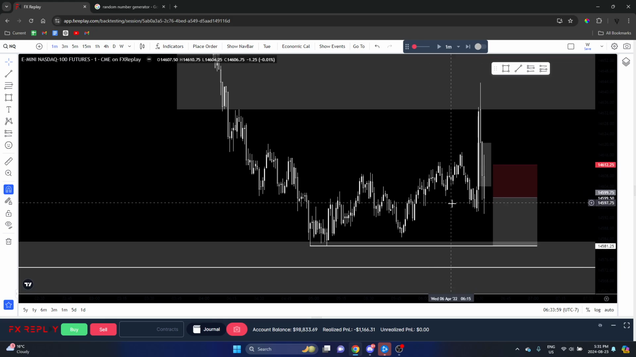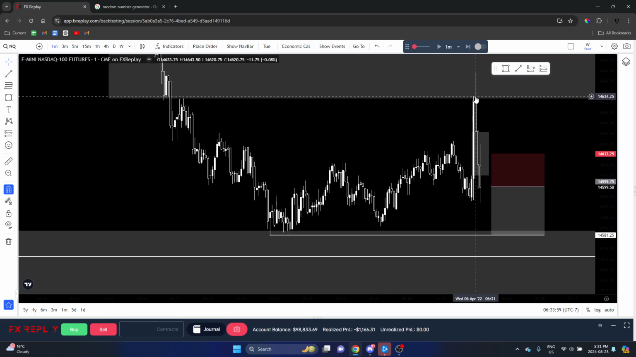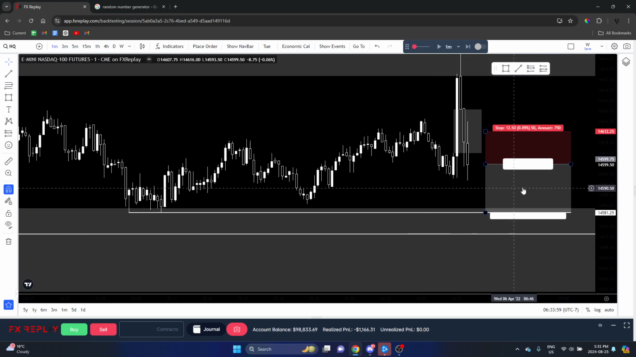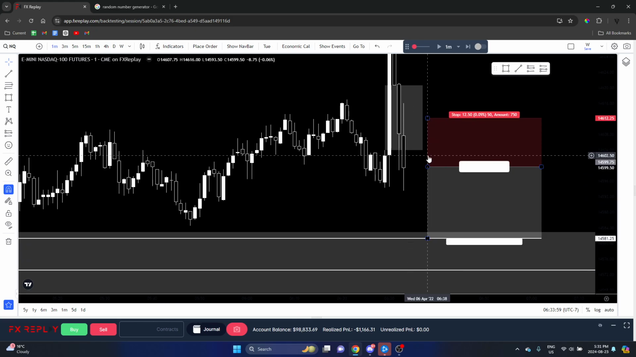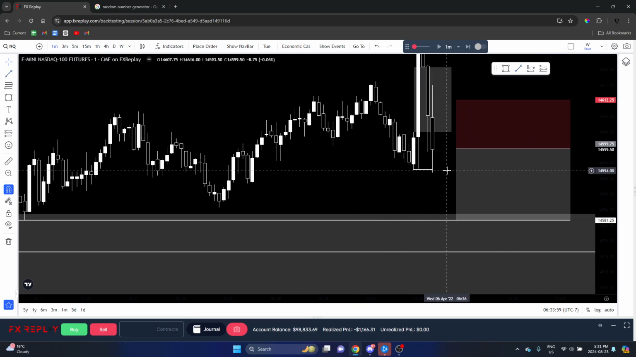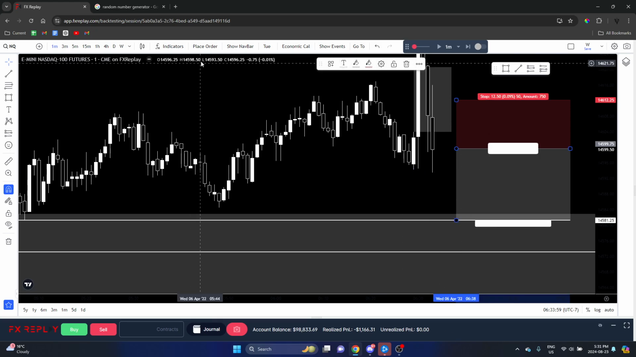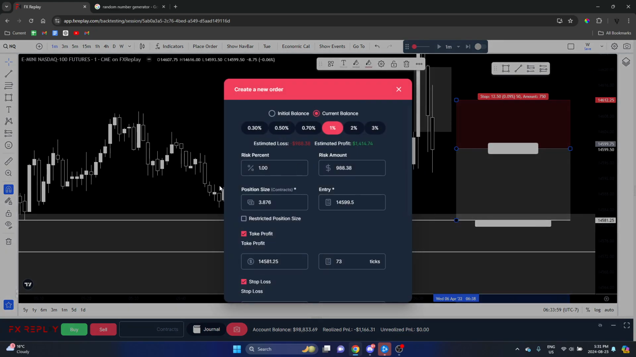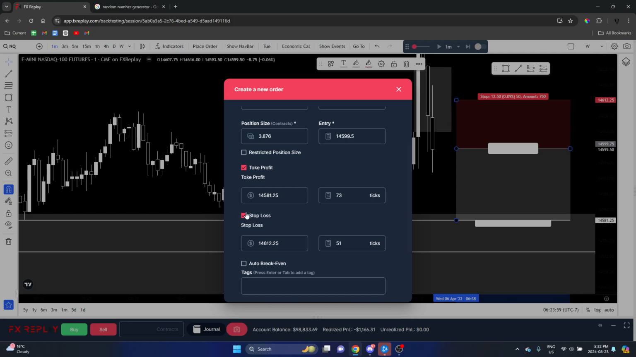This is clearly, we have like consolidation, then we have manipulation, and we're going to distribute to the downside. It looks pretty obvious that we're going to come down here. It's just invalid because this low hit. So I would not take this on a live account. Am I going to take it here? Hell yes. Because there's no